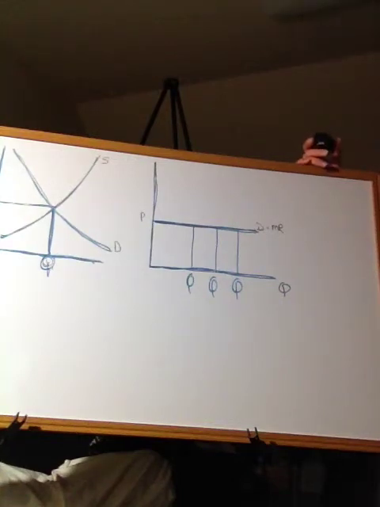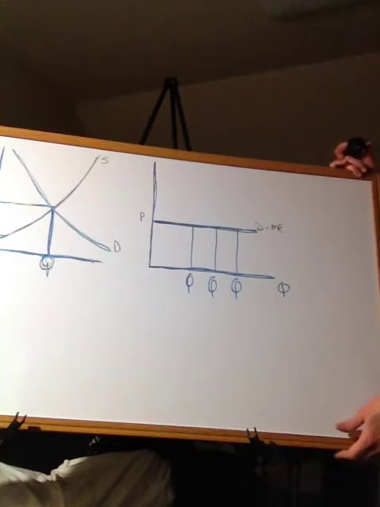This is for Econ 300, University of Louisiana Lafayette. This is for Chapter 6. We are discussing perfect competition and the markets. I'd like for you to read the chapter, please, so that you can at least understand the differences between the markets. But what I want to do is take some time to show you these diagrams so that you can understand how perfect competition works.